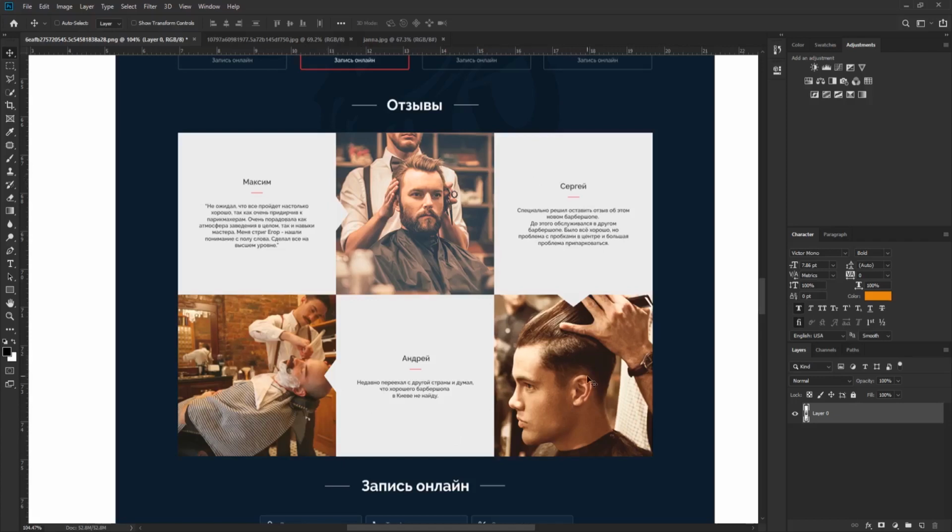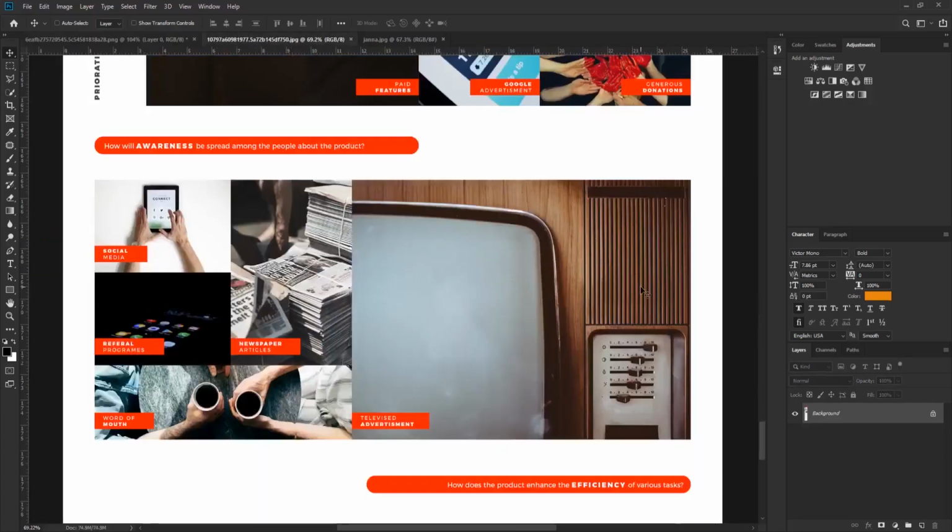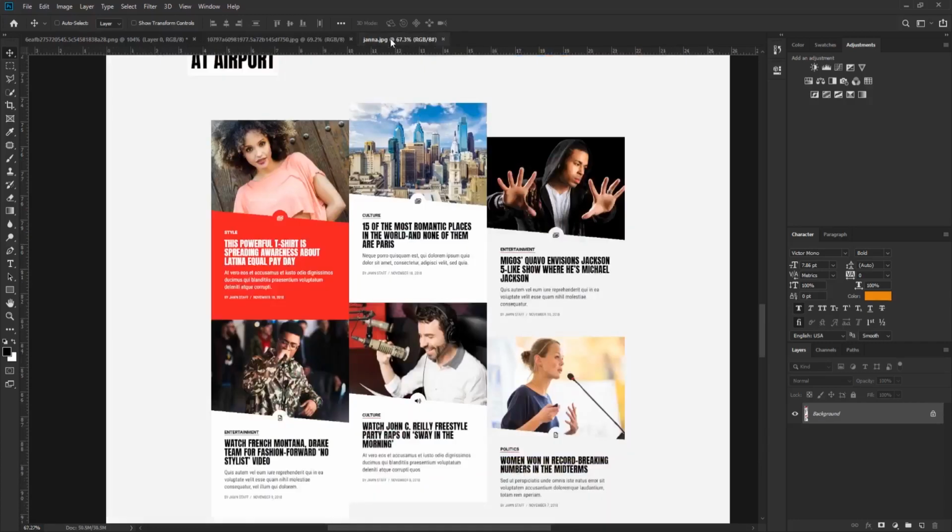So semantic grid will help you if you want to arrange something like this. If I open another design, you see the way they've arranged this one here: I want a big picture there, but if you look at these other ones, you see one small picture here, another one here, then one longer one for a button here. The semantic grid framework will help you arrange something like this. If I open one more template, you see they arrange all these things like this too.